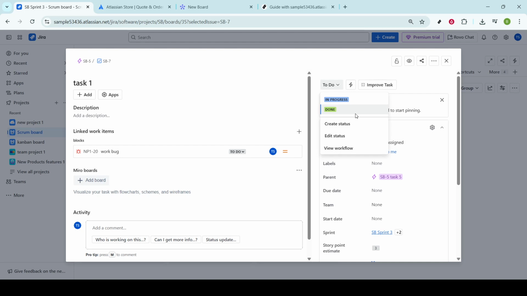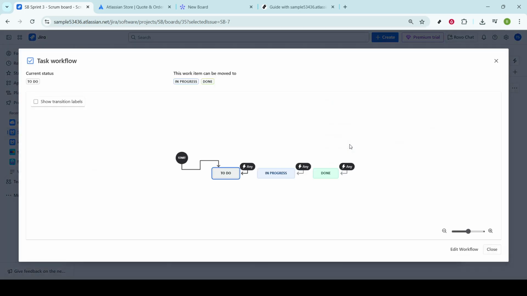After clicking the status button, a drop-down menu appears. From here, select the option labeled View Workflow. This selection will launch a visual representation of your current workflow, detailing all the transitions and statuses that are set up for the project. While it might appear somewhat complex at the outset, rest assured our focus is solely on